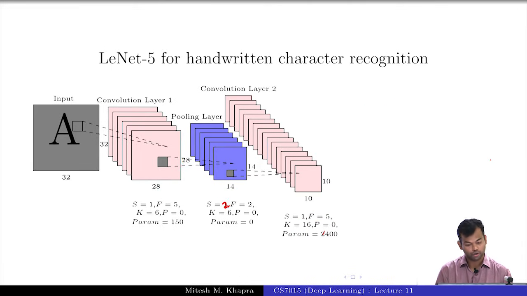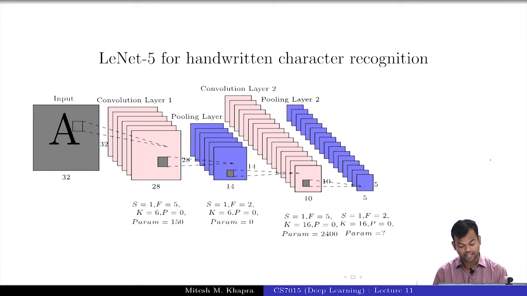So now we have a volume of size 16 cross 10 cross 10. Now I'm going to do max pooling on that. Maybe again this should be 2. That's the same doubt you had. Okay, fine. So it will result in a reduction in the output. And now what's the size of this volume? 16 cross 5 cross 5. Okay. And the parameters is 0. Max pooling layer does not have any parameters.